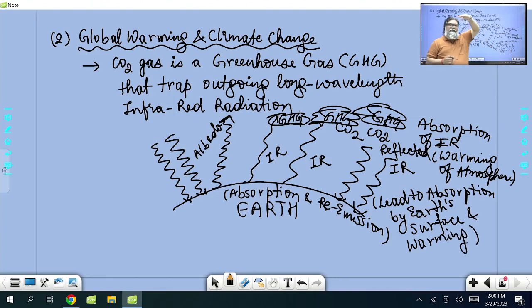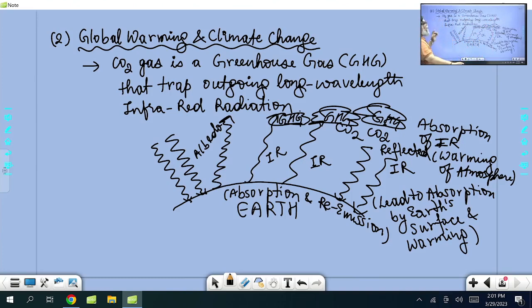Suppose this blanket of CO2 gas does not let the IR radiation pass through. Some part will be absorbed, causing warming of the atmosphere, and another part will return back. Again the land and water, continents and ocean, will absorb the infrared and become hot, again release infrared, again be absorbed and radiated back, and again be heated up. So gradually, over a time period, the Earth's temperature will slowly increase.